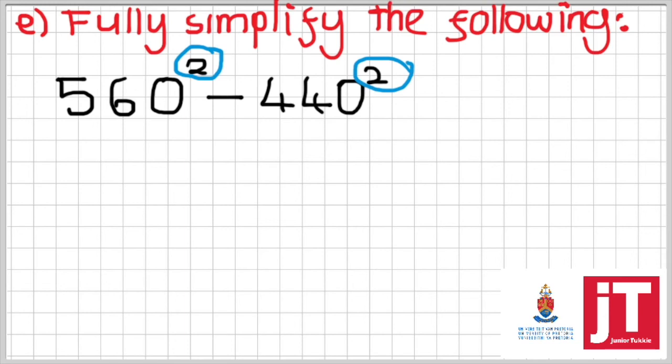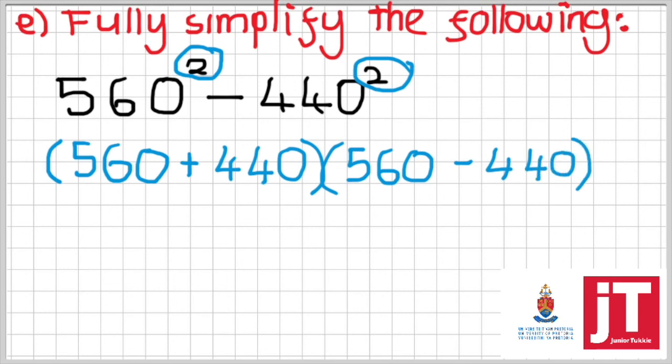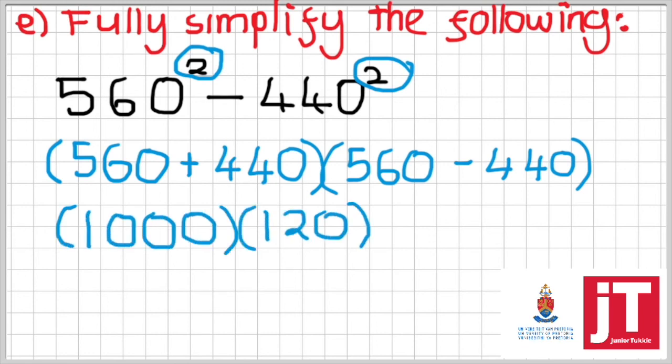So we're going to have two brackets that are identical, like I said, one being positive, the other being negative. So you get 560 plus 440 in the first bracket, and you're going to have 560 minus 440 in the second bracket. Then simplifying that, in the first bracket you get 1,000, and in the second bracket you're going to get 120. Then finally, simplifying that without using a calculator, you're going to get 120,000